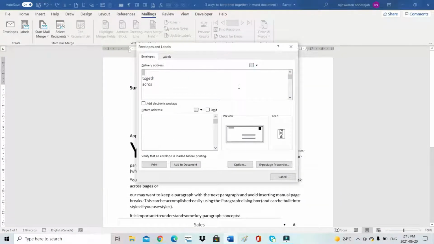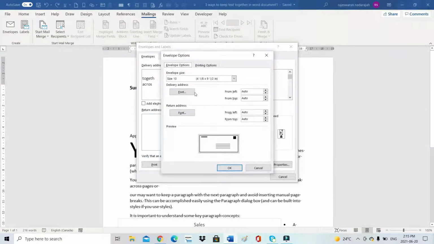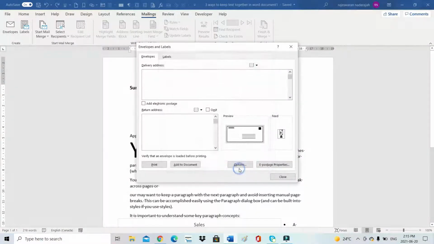You have to write the delivery address here and the return address, and if you need any option, click the option, and then you can choose whatever you want. Choose what style you want, then click OK. After that, if you want to print the envelopes, you can click print and print it.